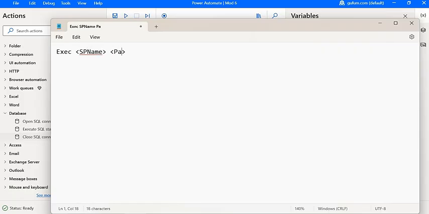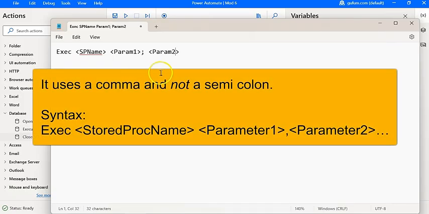If stored procedure has got parameters, first param, semicolon, param 2. Okay, clear with this? Okay,